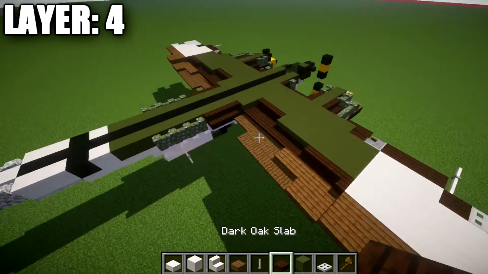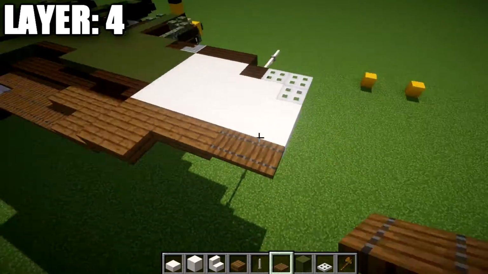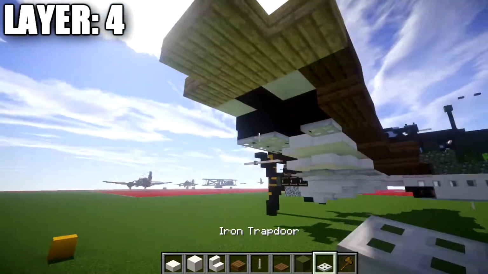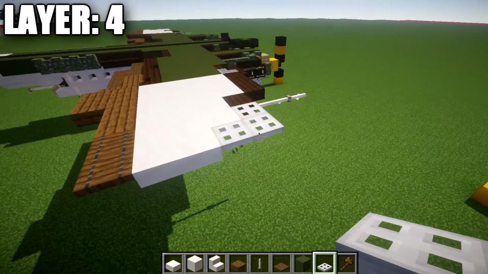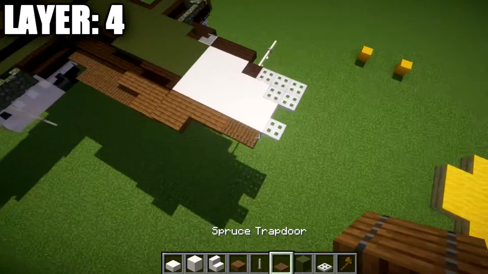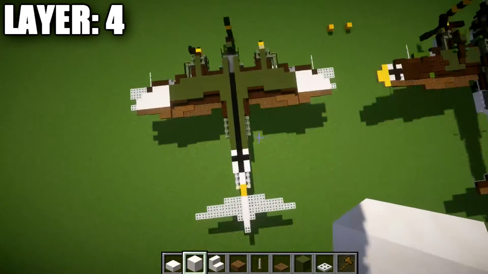then on the back here, we're going to grab ourselves some spruce wood trapdoors again, and we're going to place down 1 and 2 spruce wood trapdoors in that spot right there. After that, we're going to take our iron trapdoors, and we want to go ahead and place down 1 and 2 in the front here, skip a space, and then 1 on this quartz top slab there. And once you have that done, you're going to take the same design, flip it over to the left side,